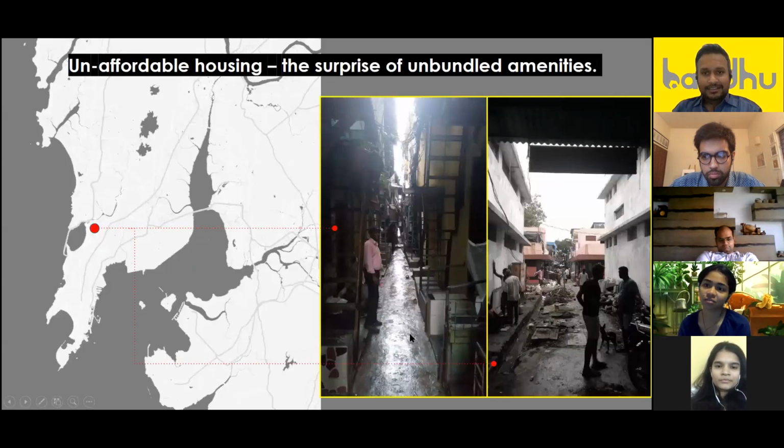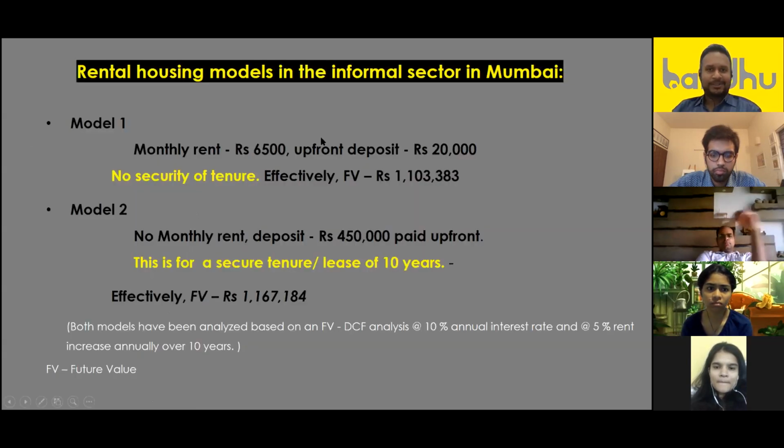And that's where these conditions are pretty interesting when you start to quantify them and use the same lens I would use for real estate private equity. I use that Excel model for Dharavi and I get very interesting results. And this is what I find: there are two models running there. One is monthly rent 6,500, 20,000 deposit, at a 10-year, 10% annual discount rate, your future value is